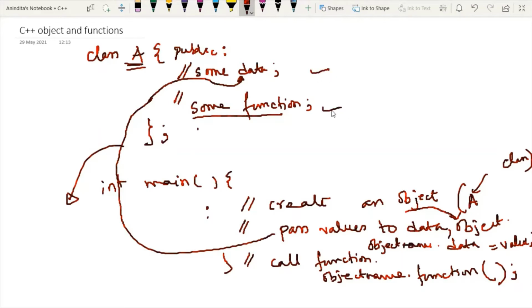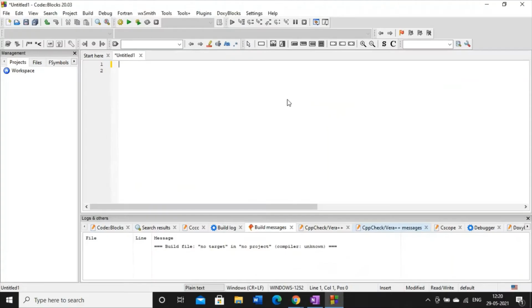Also you have to understand one point: whenever we are writing C++ programming, we have to print something. For that purpose, we have to use cout. And cout is defined in the iostream header file. So we have to include the iostream header file also. And we have to write using namespace std afterwards. So this is our code block.